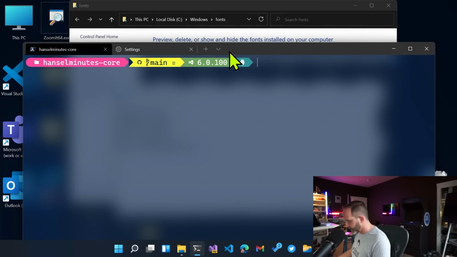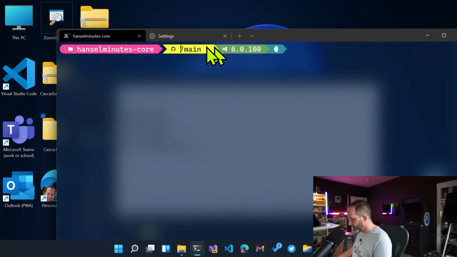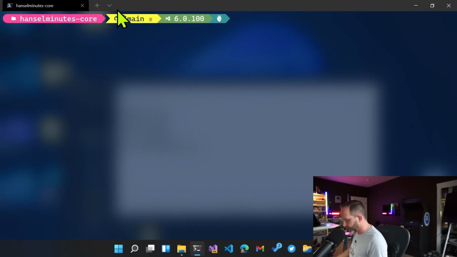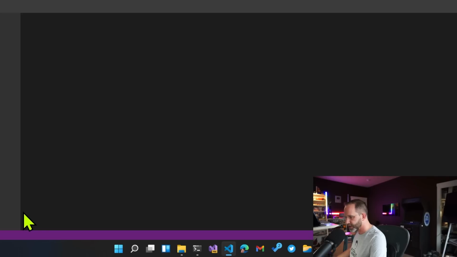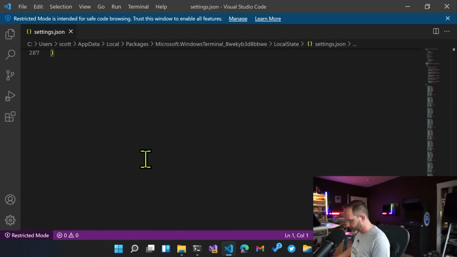Okay. And then a couple people also asked about making the actual title bar itself acrylic or transparent. And I've actually got that one as well. That is, if I remember, useAcrylicInTabRow. You can spend lots of time exploring your JSON files and stuff. So I'm going to say at the bottom of my settings.json file,